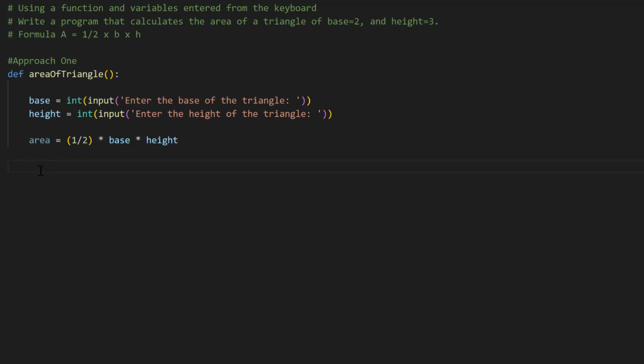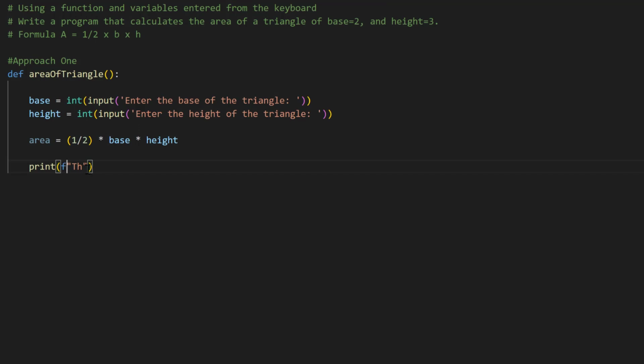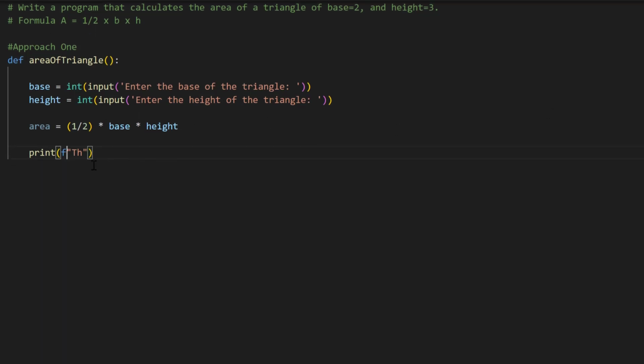So for the first approach, we are going to return a customized output for the area. So I'll say print the area of the triangle. Not forgetting that for this approach, I'm going to work with the string formatter. So the area of the triangle of base, then we pass in the base variable, and height, pass in the height variable, is pass in the area, and we are also going to ensure that we format the area to